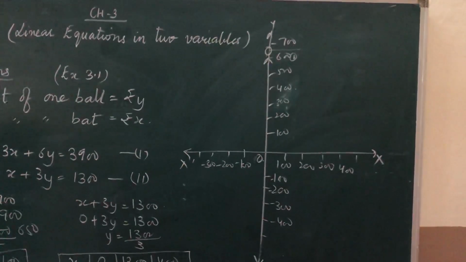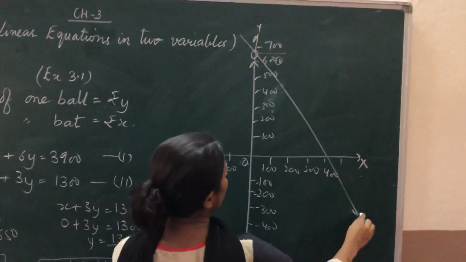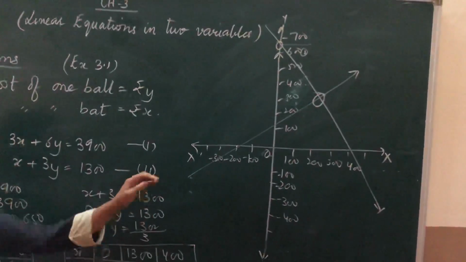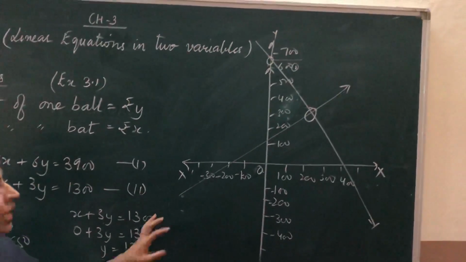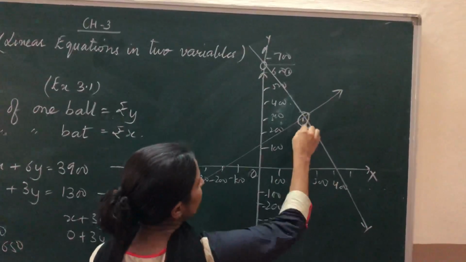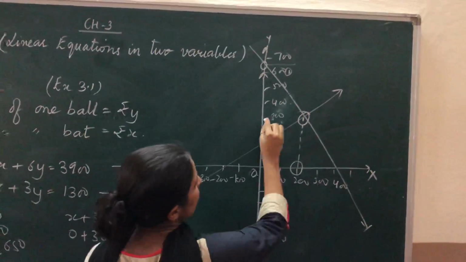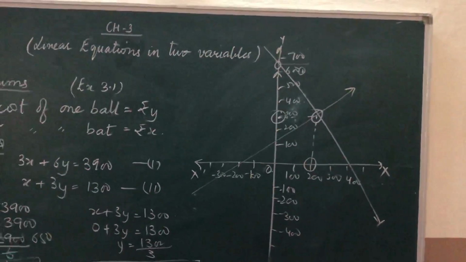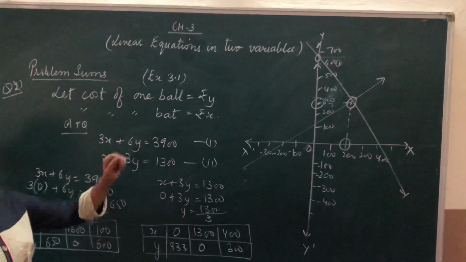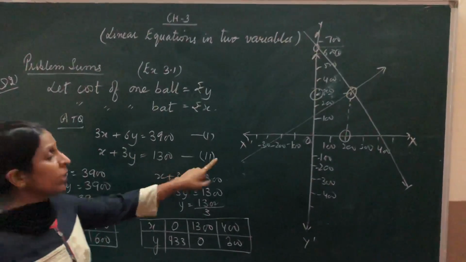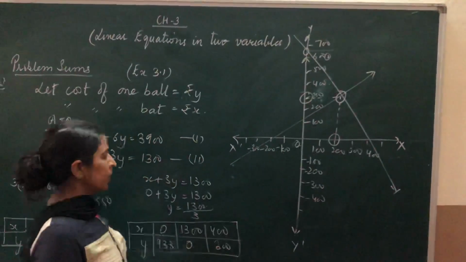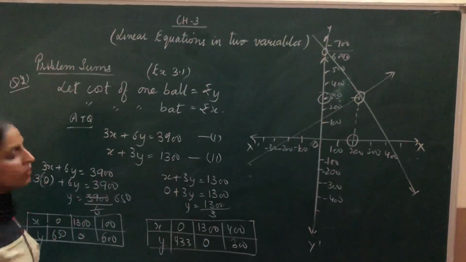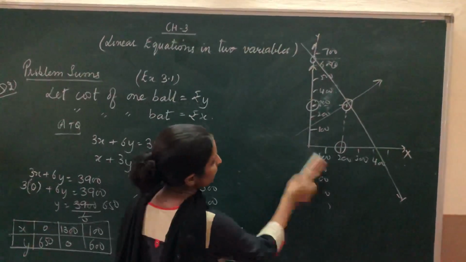So when you join these points, you will draw the 2 graphs and you will have 2 lines. Whatever is the point of intersection, it's just a rough sketch I have drawn. When you get the point of intersection, you have to check what the answer is at x and at y, where the point of intersection is on the graph. So in this graph you will have the values of x and y. I am telling you again, this is just a rough sketch. You have to draw it properly and then you will get the solution. It is just an idea I have given you of how to draw the graph.